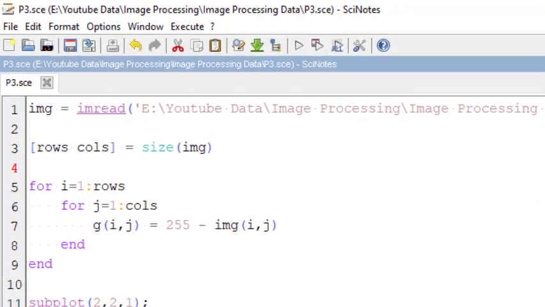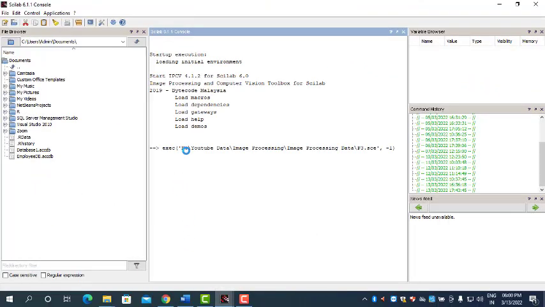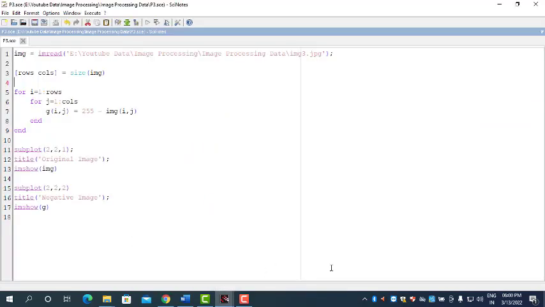Since the size of the image is very large, it takes some time. See, we can see here it is loading. That means each and every pixel gets modified using the digital negative, and it will display the output after some period of time. Just wait for some time.